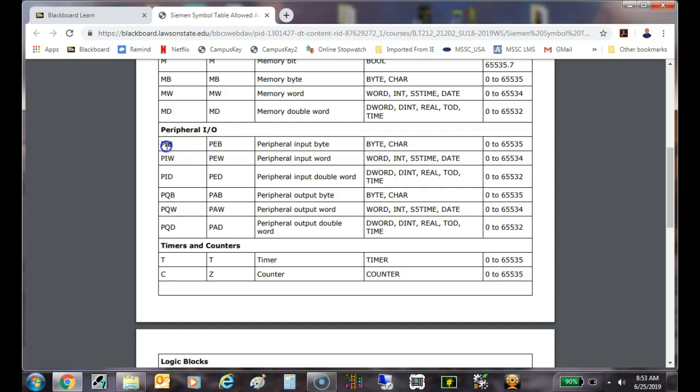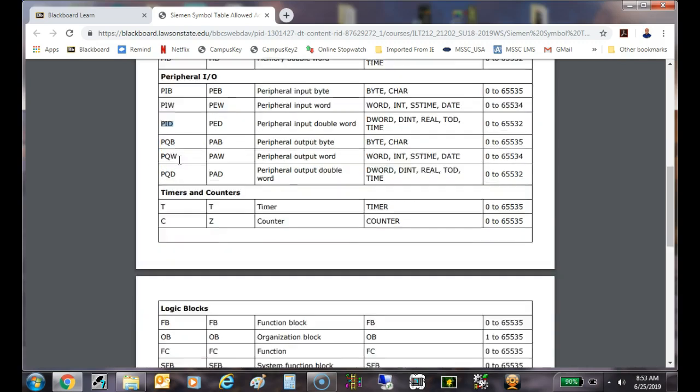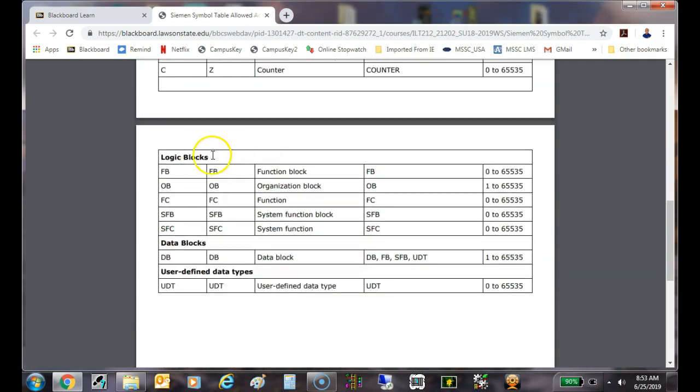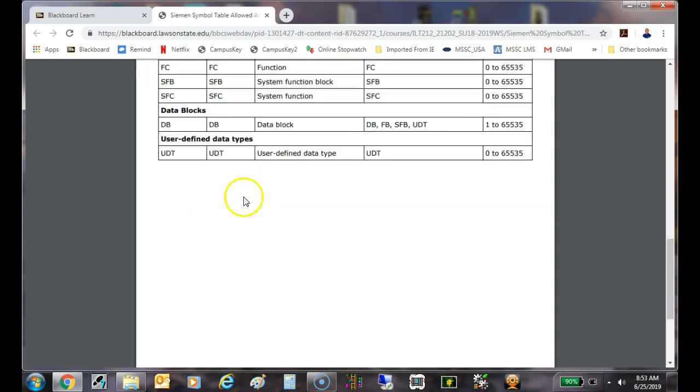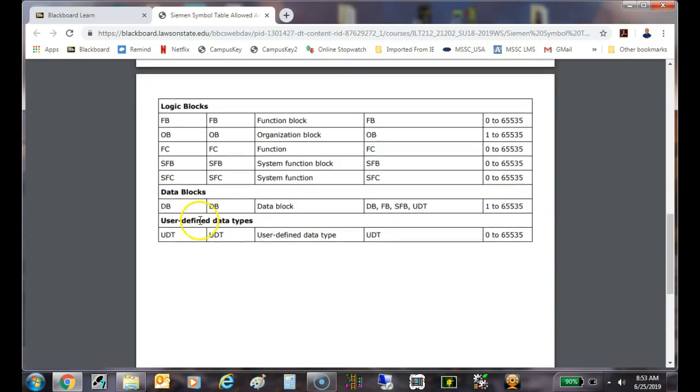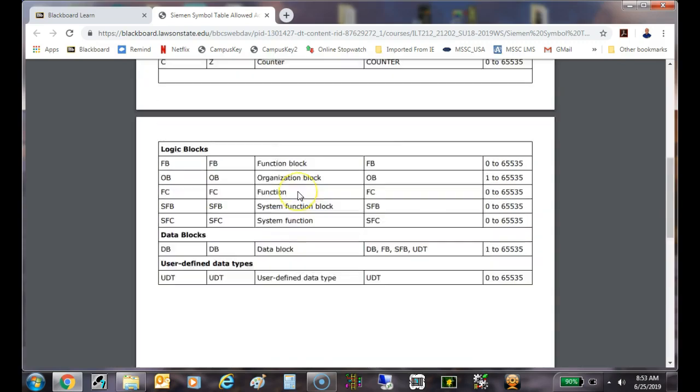Yeah, I don't know. I've never used these instructions before, but you can see it follows the same format. In function blocks, usually we don't worry about this because function blocks are automatically defined when we set up a new subroutine or a timer. And I've never used the user-defined data types either. That would be interesting.